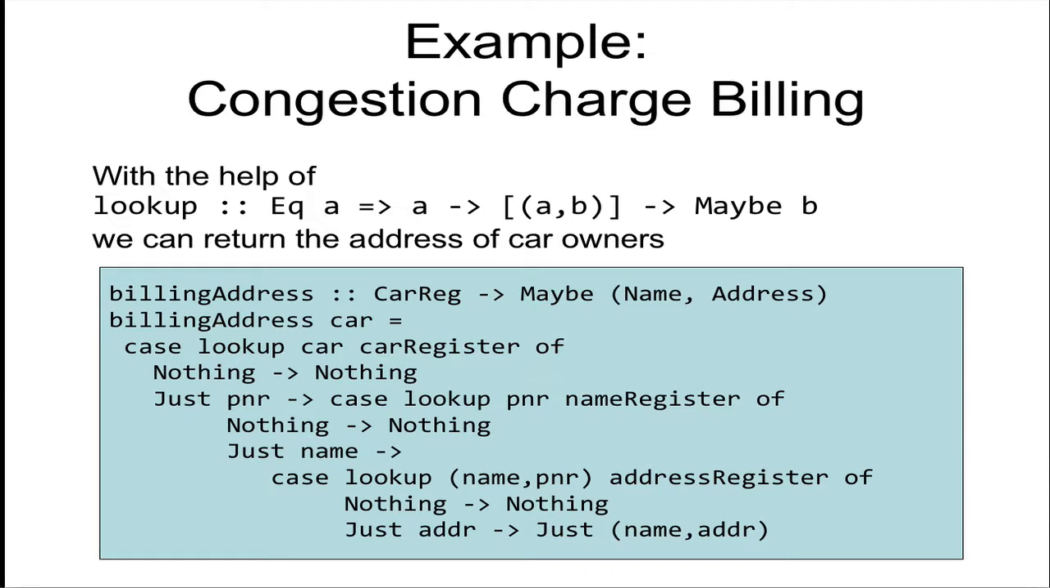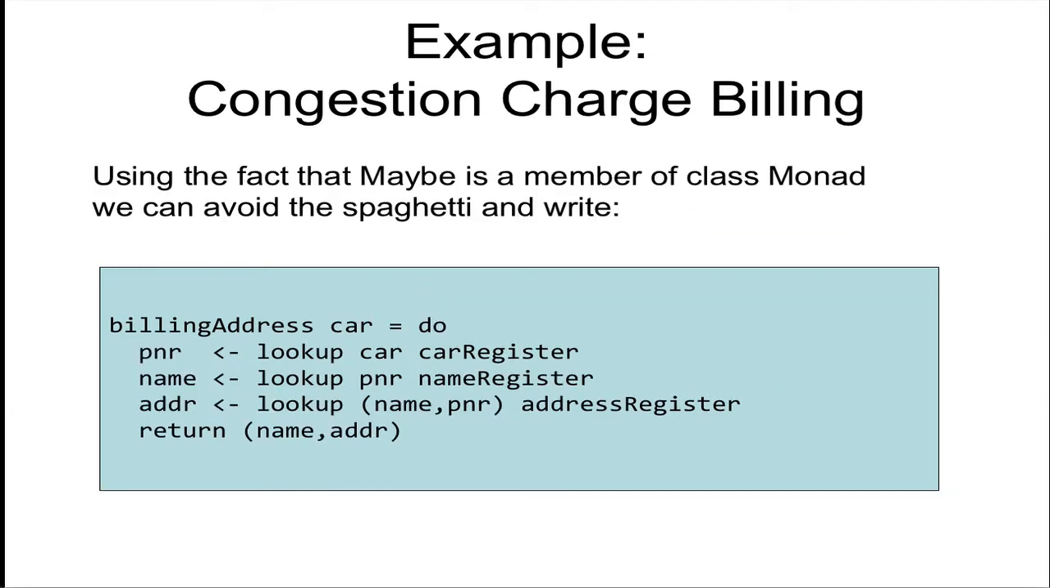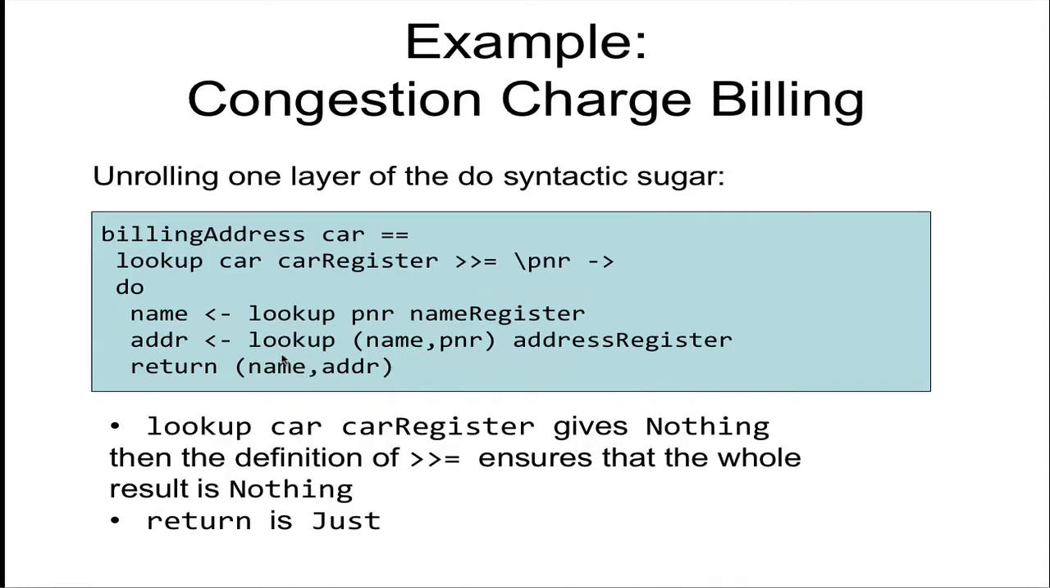Now, Maybe is a monad. And because it's a monad, we can use do notation to define functions that work with the Maybe type. And in this particular case, the do notation actually tidies things up dramatically. Here's how we can rewrite this using do notation. So remember now that lookup is something that returns something of type Maybe. So Maybe is in the monad. So that means we can